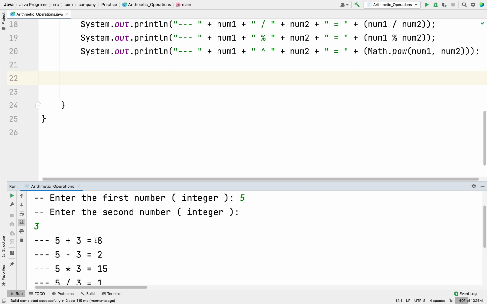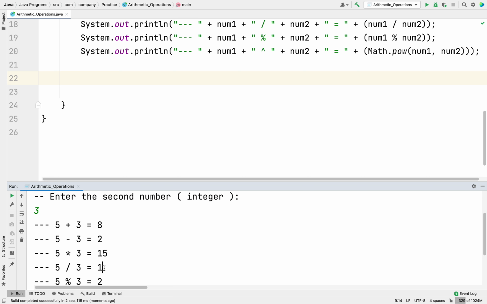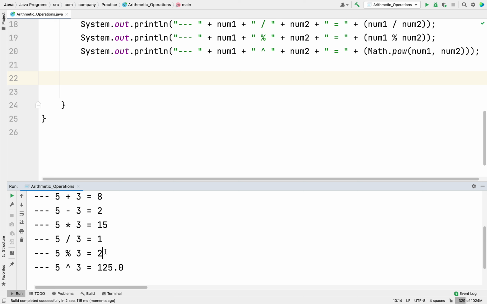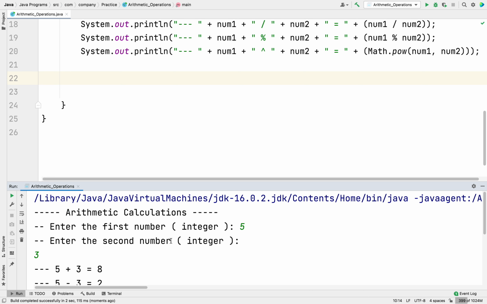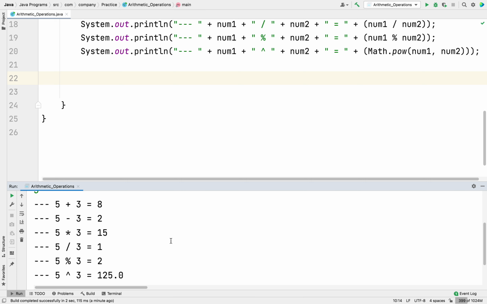See, you got everything. 5 plus 3 is 8, 5 minus 3 is 2, 5 3s are 15, 5 divided by 3 is 1.66, 5 modulus 3, that means the remainder of the division, is 2, 5 to the power of 3 is 125. All are correct. There you go, you have your arithmetic calculator.